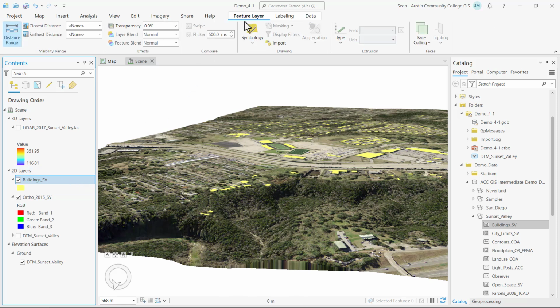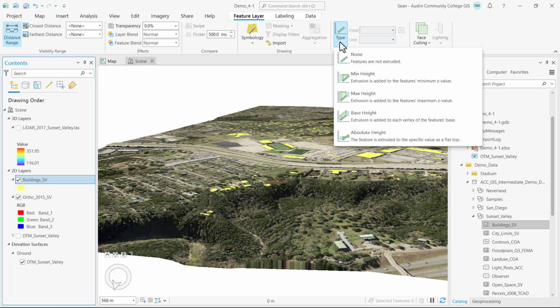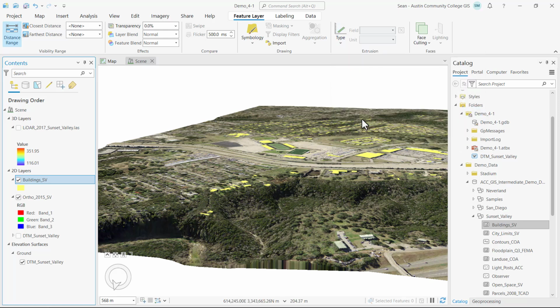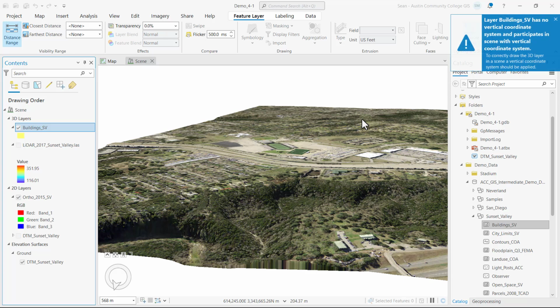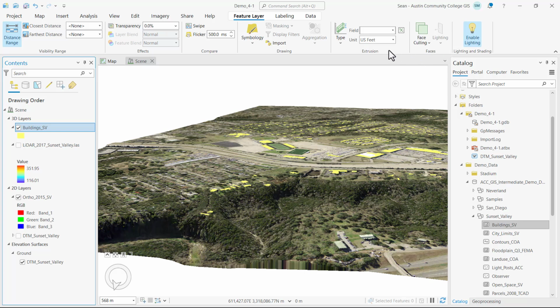So with the buildings feature layer selected on the feature layer ribbon under extrusion, I'm going to click on the type dropdown and switch from none to base height. And notice that the layer buildings doesn't have a vertical coordinate system. That's okay for our purposes. And then now under